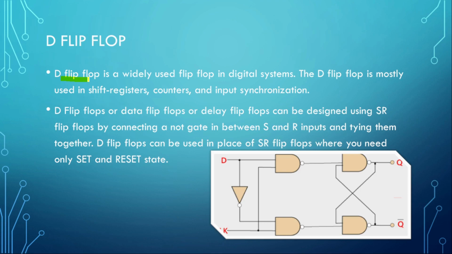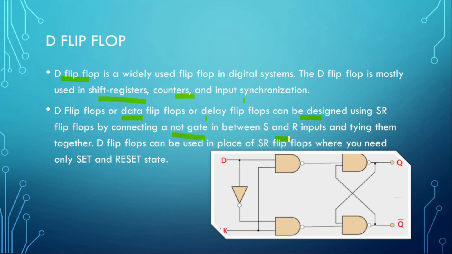Next one is D flip-flop. D flip-flop is known as the delay flip-flop. It is mostly used in shift registers, counters and some input synchronization. Data flip-flop or delay flip-flop can be designed using the SR flip-flop by connecting a NOT gate in between